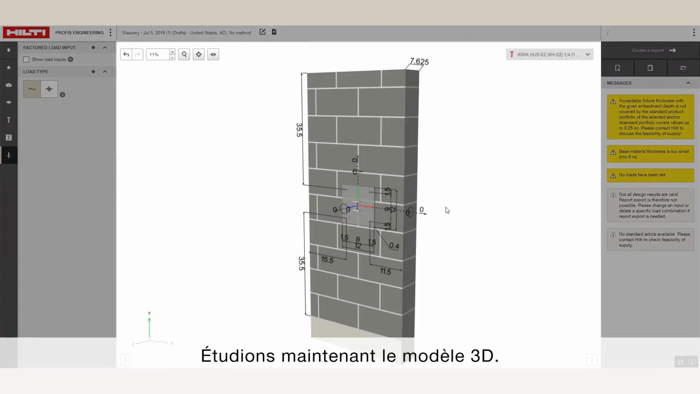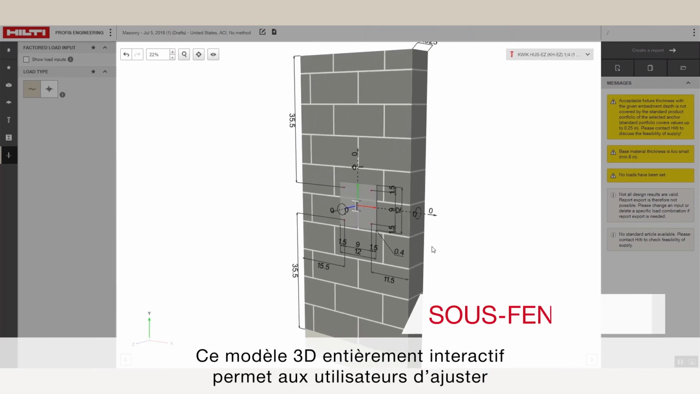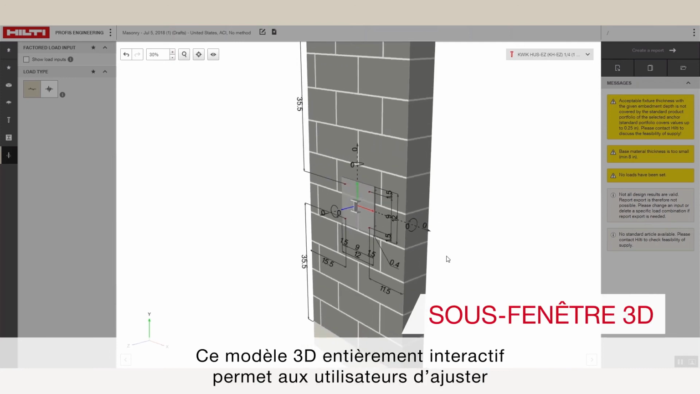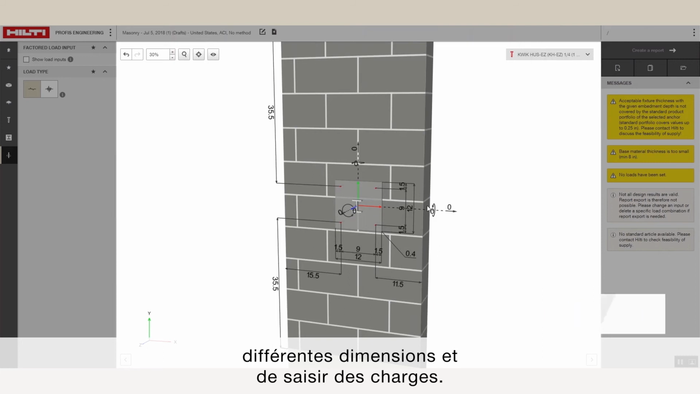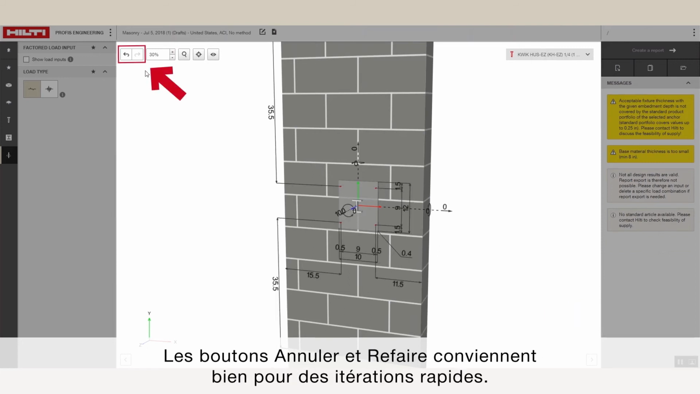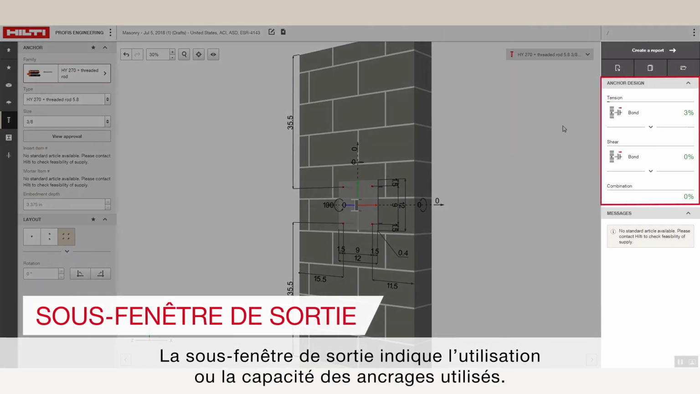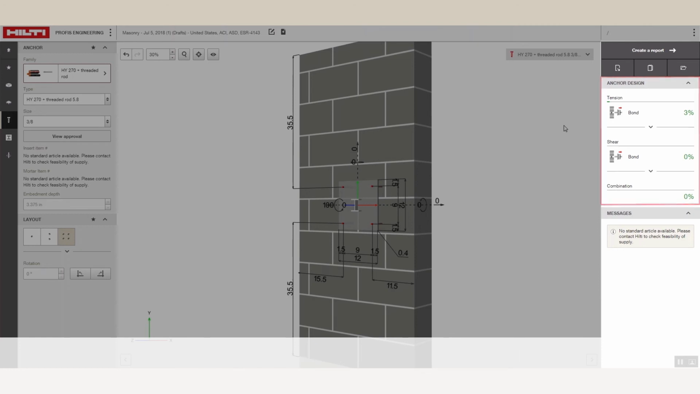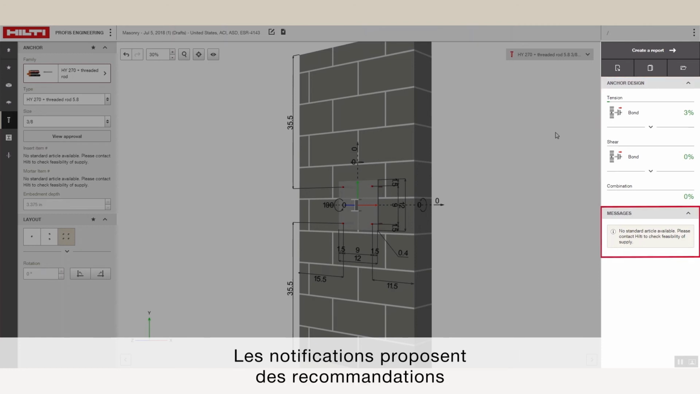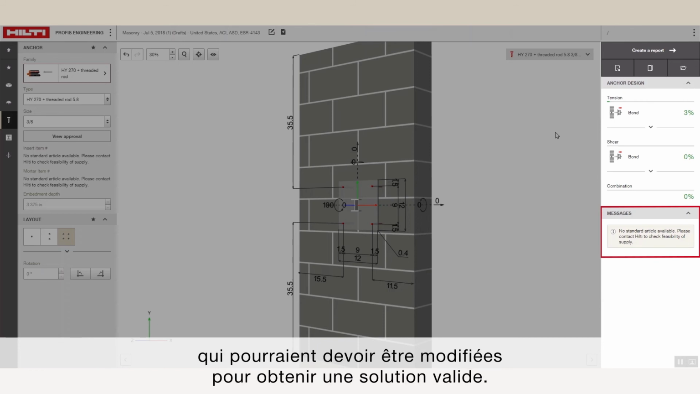Now let's look at the 3D model. This fully interactive 3D model allows users to adjust different dimensions and enter loads. The Undo and Redo buttons are great for quick iterations. The Output pane shows the utilization or the capacity of the anchors being used. The Notifications offer recommendations and show any inconsistencies in the inputs that might have to be modified to get a